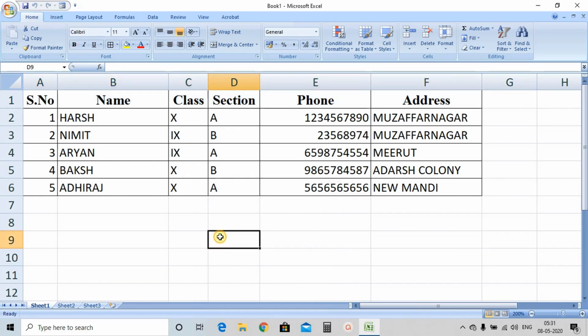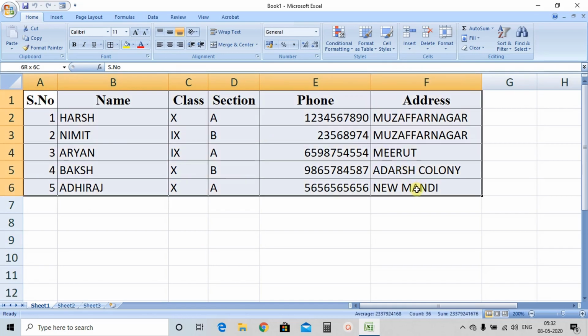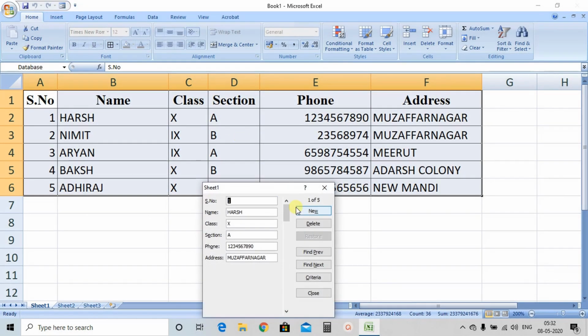Now see, our next part is how we can add new record in a form. Like suppose we have added 5 record, how we can add a new record in form. So select this particular data, then click on form and select new.